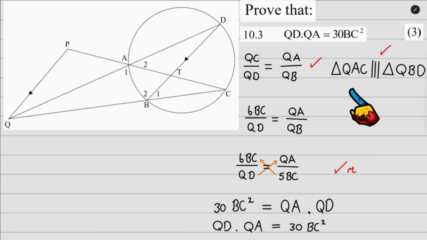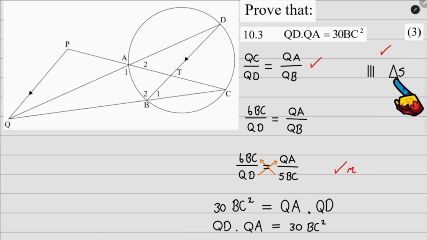And also, I want to bring something to your attention. Instead of writing this, I can write this. Similar triangles. But I prefer the previous one because it's more specific. And yeah, it leaves no wiggle room for them to mark you down. And that will wrap up Question 10 of your paper, but